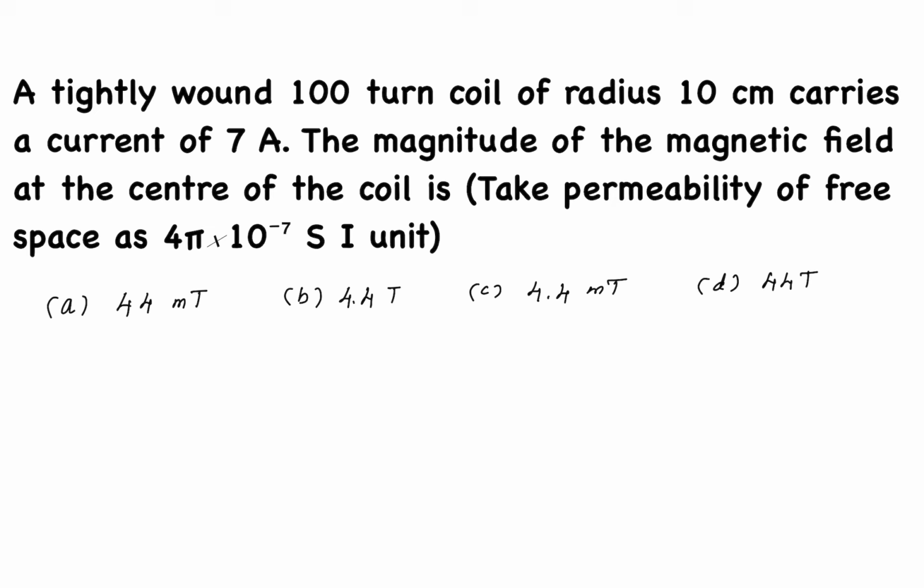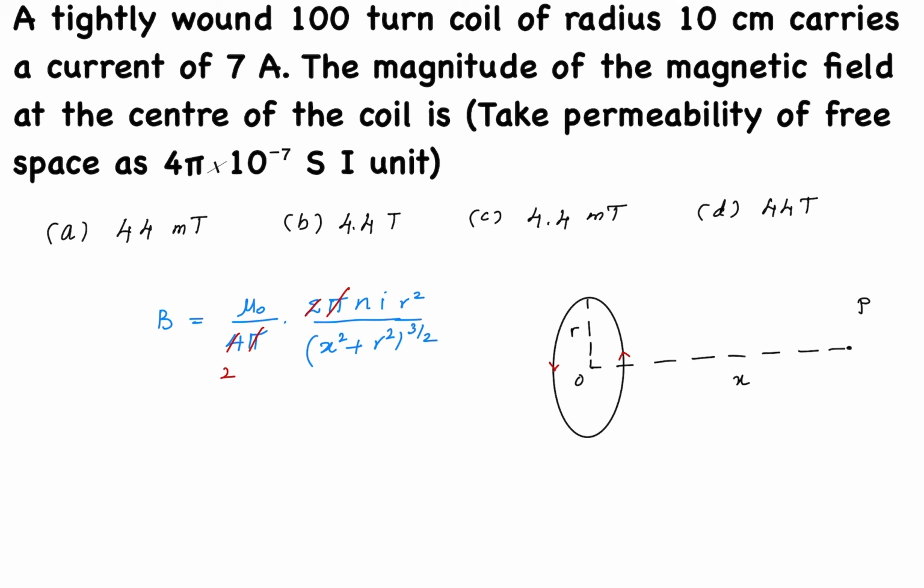Now, in this case, if there are n number of turns, where n represents the number of turns in the coil, and here these cancelled out, and also they are asking us to calculate the field not at the axial point at a distance x. Instead, we are supposed to calculate at the center of this coil. So, at the center